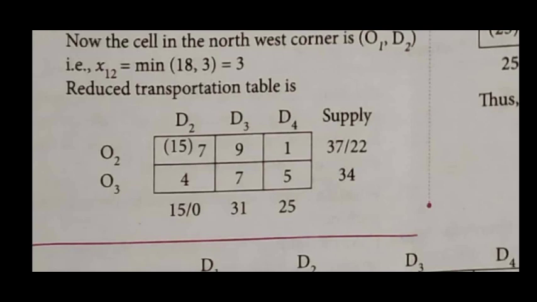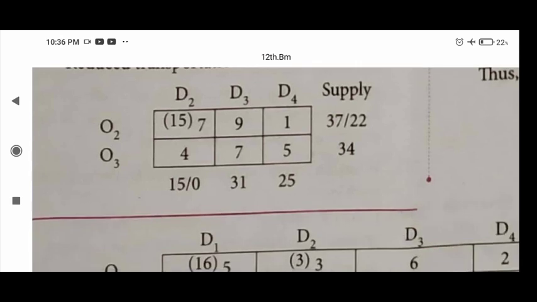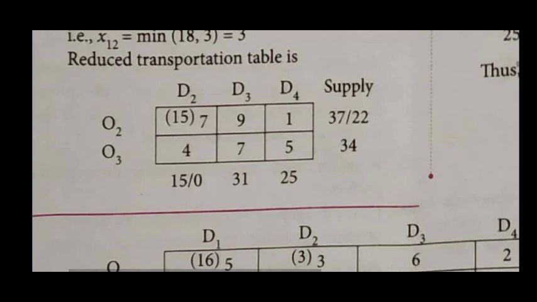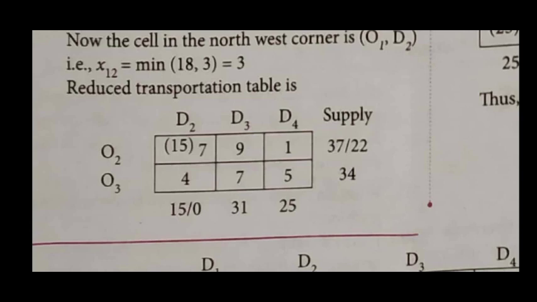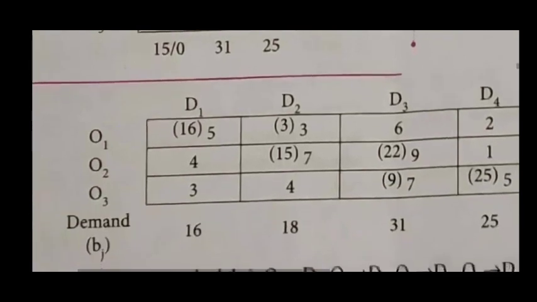791 475 and 475. So this is the column. Now we are comparing the minimum value, that is here 15 and 37 is compared. So we are getting 15 as the minimum value. Now the same rule is applied, taking the northwest corner and the minimum number is subtracted from each supply and demand. Now the 0 lies in the second column, that is D2. Therefore we eliminate the D2 column and the remaining D3 and D4 are taken into consideration.